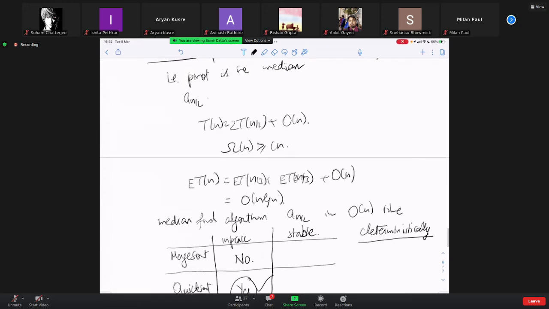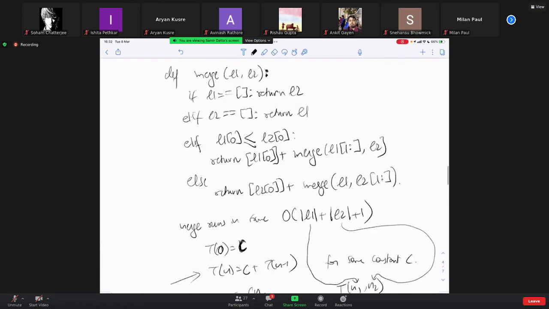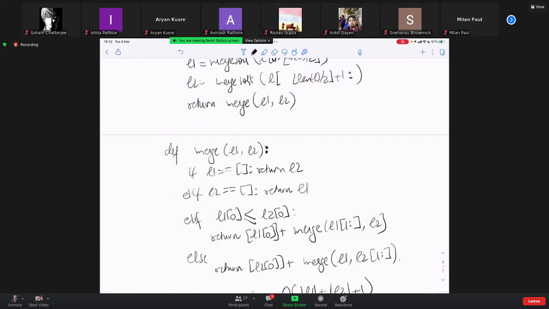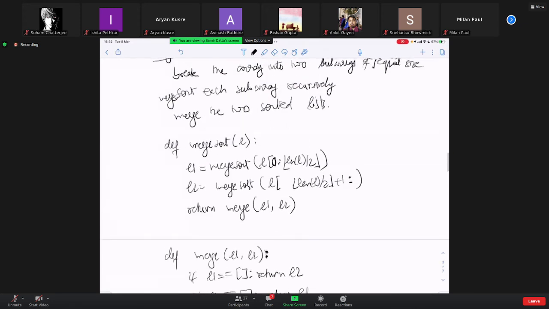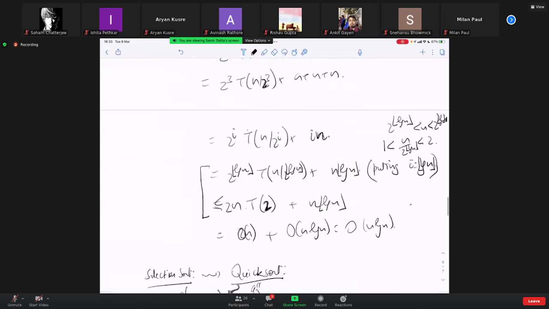In merge sort, on the other hand, when I merge L1 and L2, I have to copy the list into two new lists and then merge them. So it's not in place. If you try to do it in place, things will not go all right. See my point? So that is an advantage of quicksort. And with randomized,